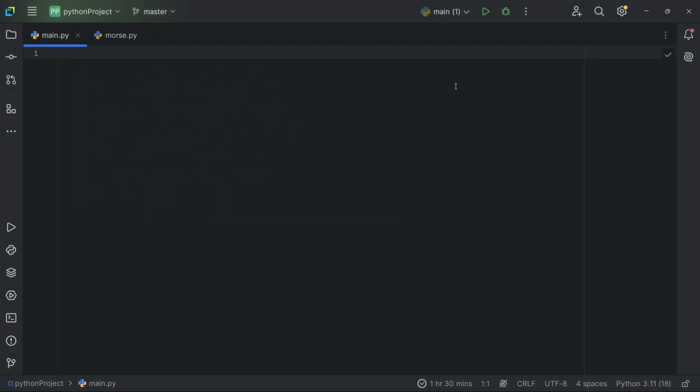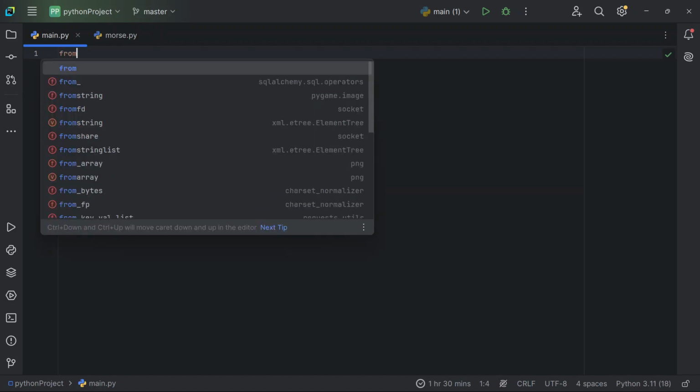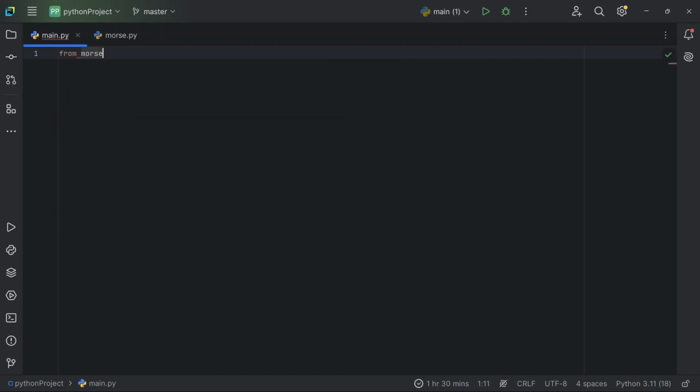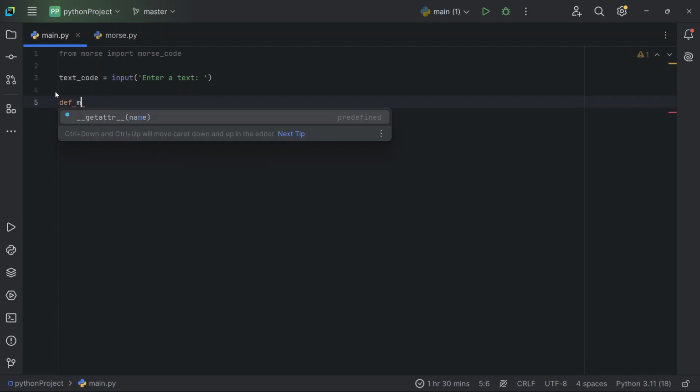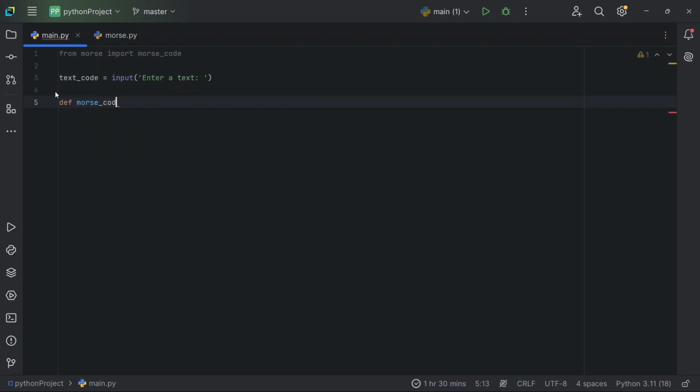So now we're going to import our morse.py. We're going to say from morse import Morse code. Then we'll create a variable named text_code, which is going to be an input, and we're going to ask the user to enter a text, and this text is going to be converted to Morse code. Now we're going to create a function named Morse Code Converter,